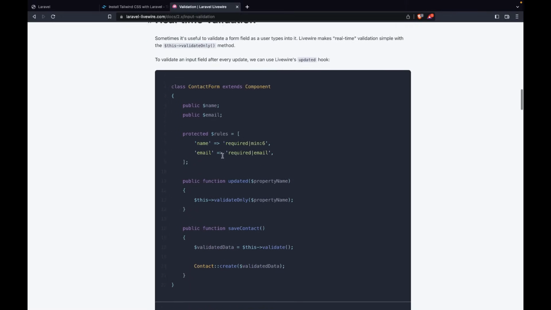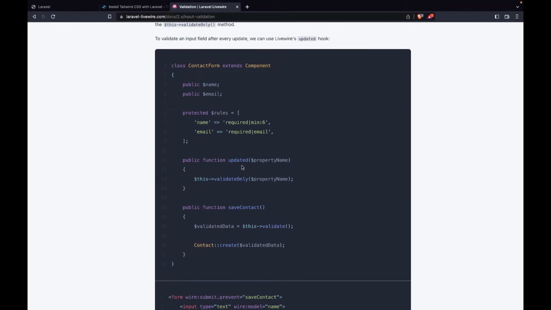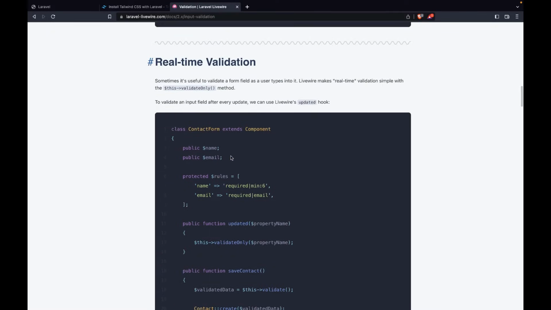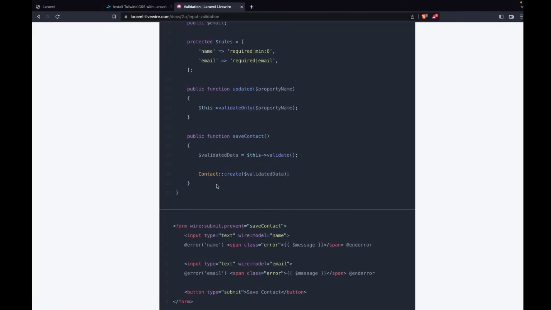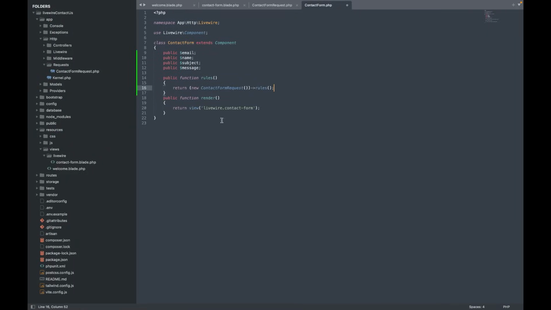You can actually make use of this updated hook here to validate the input form in real time. It's going to watch for any changes on the input form to trigger the validation on the client side, in real time. As you can see, sometimes it's useful to validate a form field as a user types into it. So Livewire makes real-time validation simple with this validateOnly. That's the next property we're going to call on our Livewire component. So let's quickly go to our code editor again